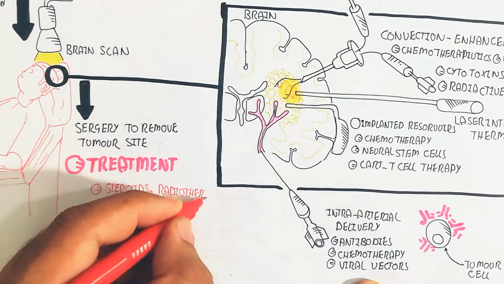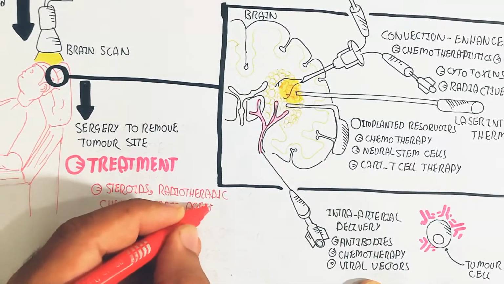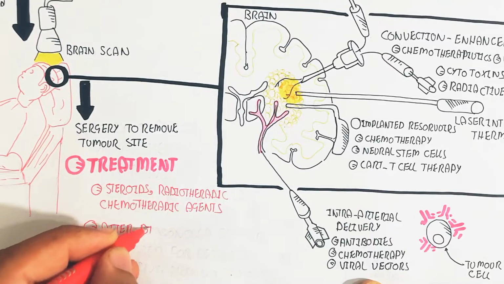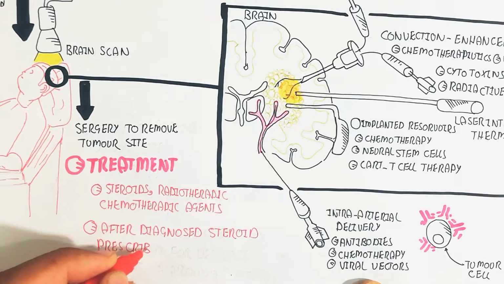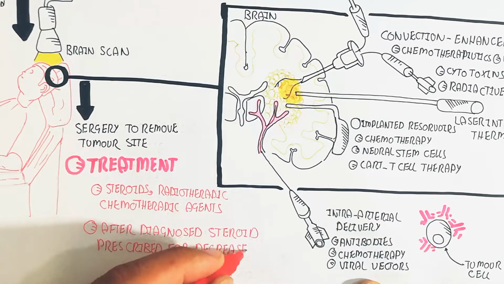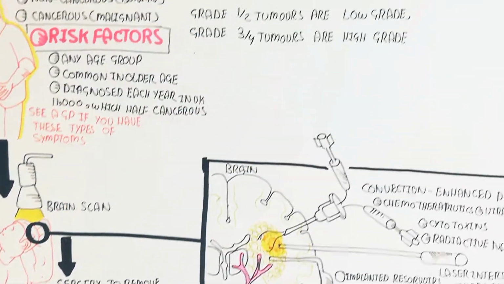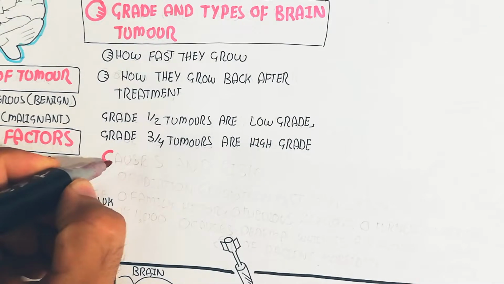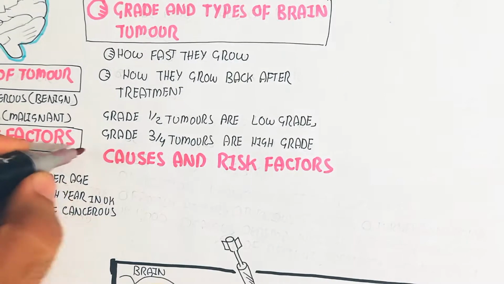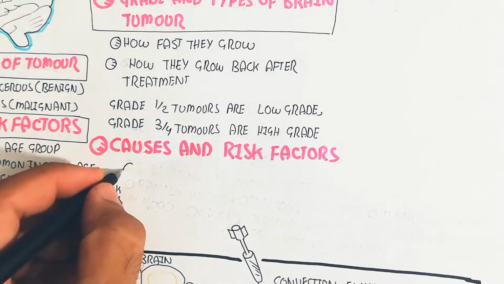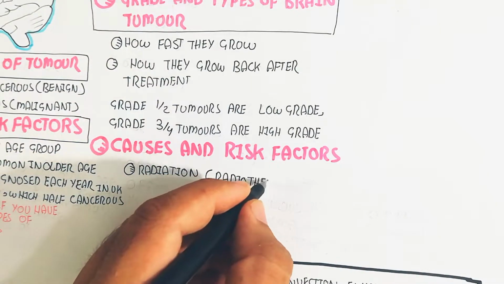Treatment is a steroid after the surgery to remove the tumor site. So the treatment is a steroid, radiotherapeutic and chemotherapeutic agents, and after the diagnosis a steroid is prescribed to decrease the swelling around the tumor. So the causes and risk factors, again I am explaining: radiation, radiotherapy such as CT